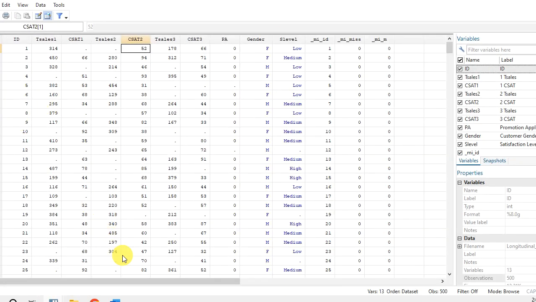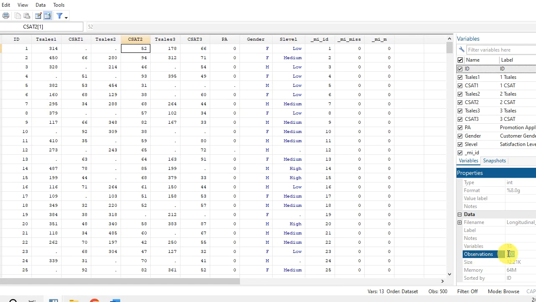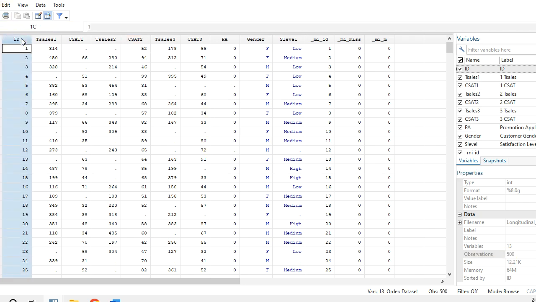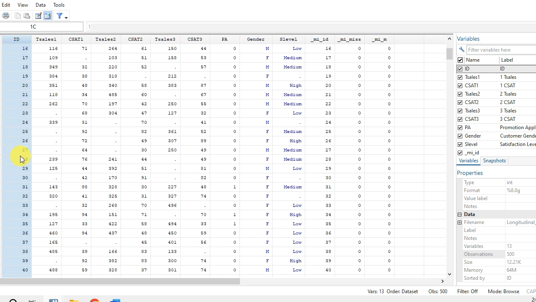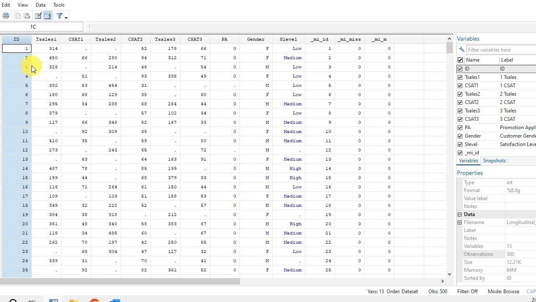So if you look at this data, now you can see the number of observations. Initially when I started, there were 1500 observations here, but now you can see they are 500. And we don't have the time variable, it has been dropped. And the ID is no longer replicated 3 times, nor 2 times, and so on. You can see now the ID is single, like it's a unique variable, 1, 2, 3, all the way to 500. So at this point we have removed those